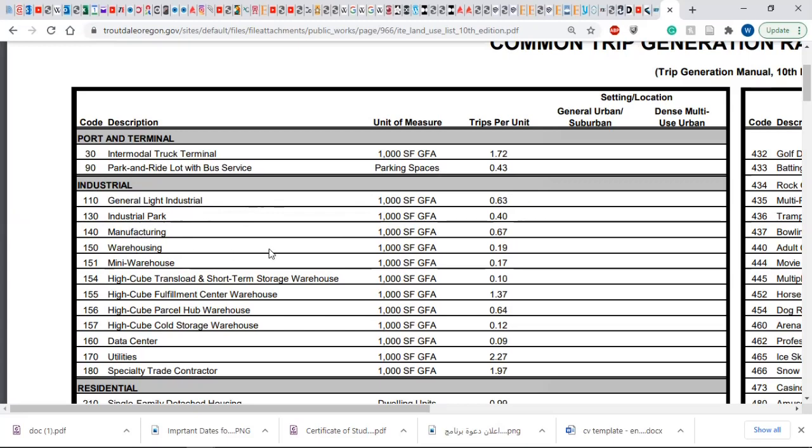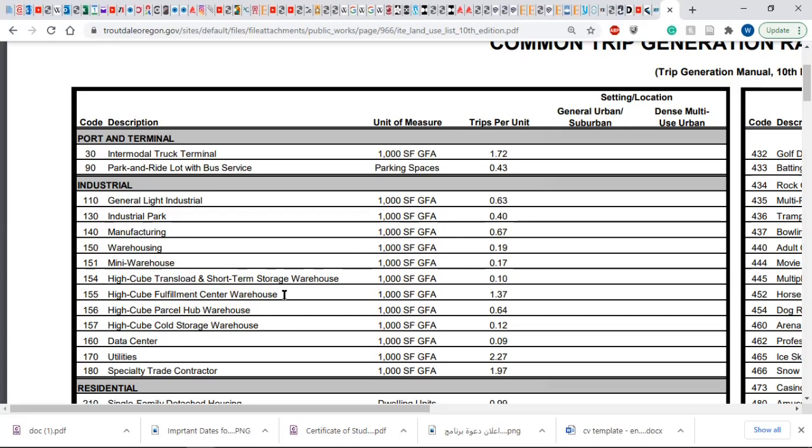For manufacturing, warehousing, mini warehouse, and so on. High cube fulfillment center, that's similar to some